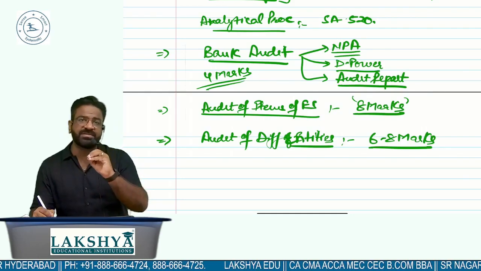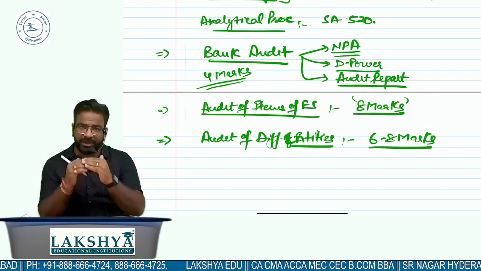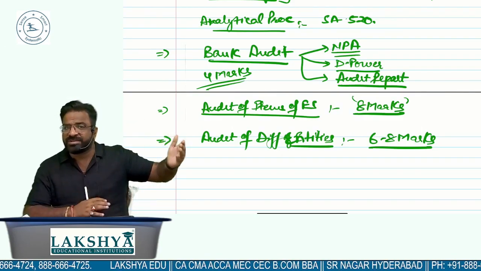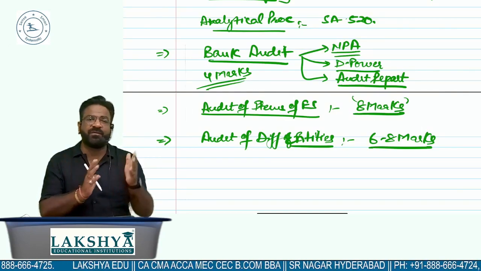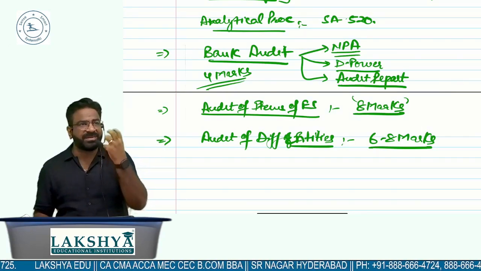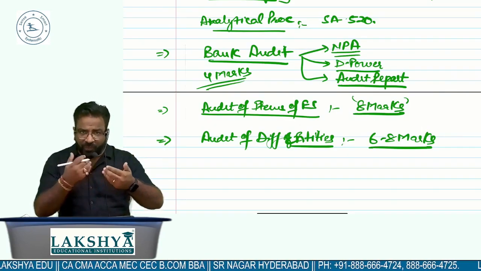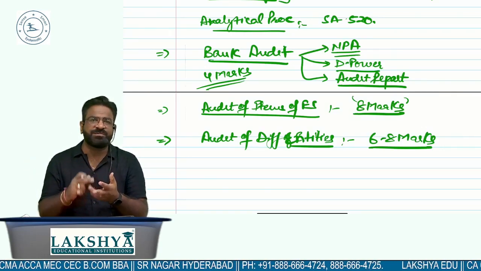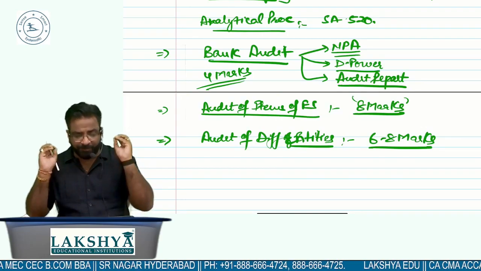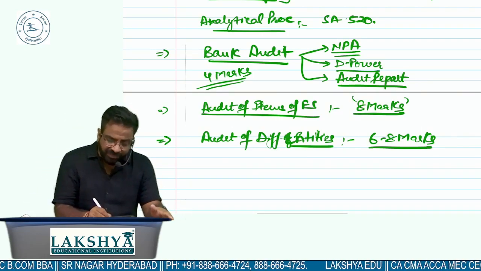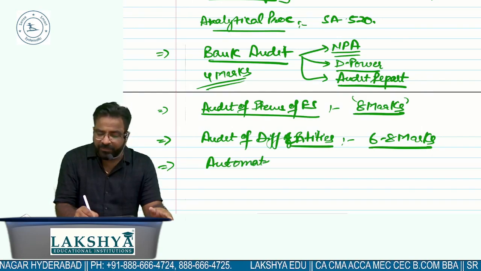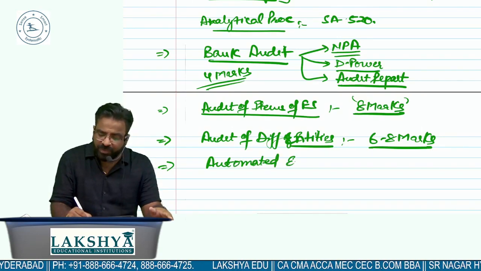And if it is a cooperative society, I already told you cooperative society is divided into 2 parts, called general considerations and special considerations. And if it is a government audit, the CAG part you need to do first, followed by different types of audit of expenditure, audit of receipts, stores and stock, and commercial accounts of undertakings. Must do chapter, right? After that, you should do audit in automated environment, right or not?